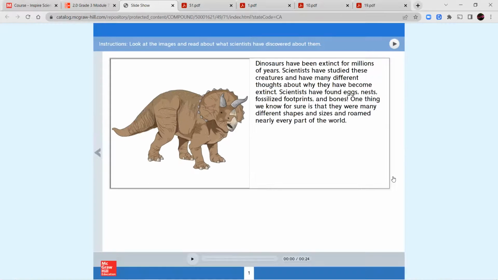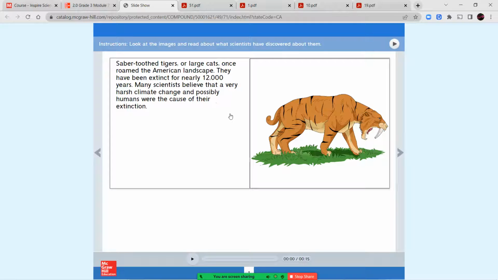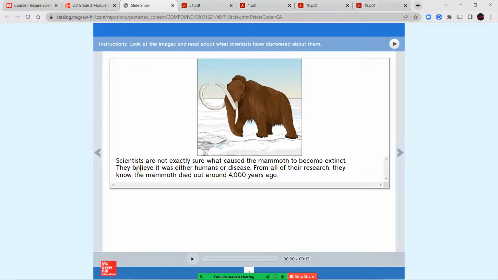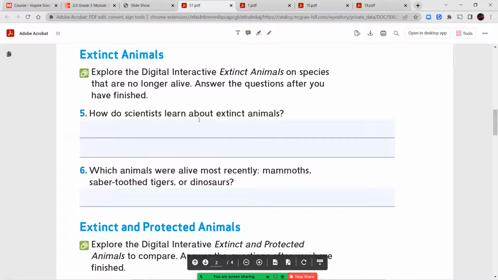Okay, so now we've gone through and we've taken a look at a few different types of animals. So we talked about dinosaurs, and we said those have been extinct for millions of years. The saber-toothed tiger has been extinct for nearly 12,000 years, and the mammoth has been extinct for about 4,000 years. So now we can go through and answer these questions. How do scientists learn about extinct animals? So think about what we were talking about,